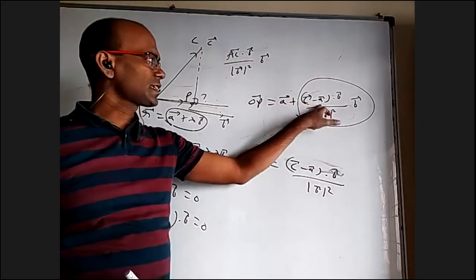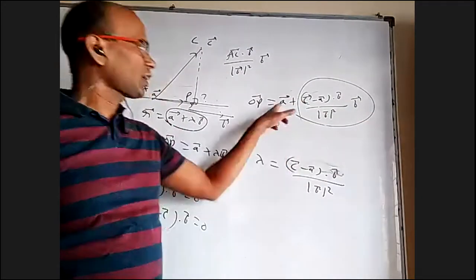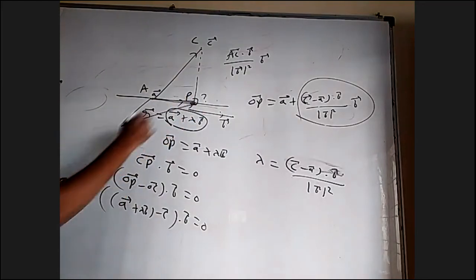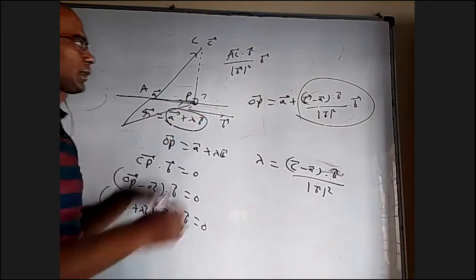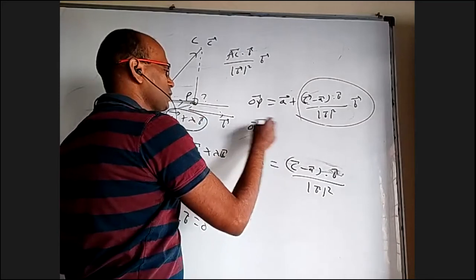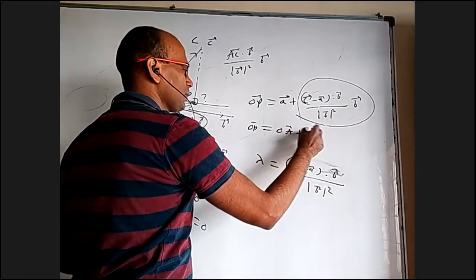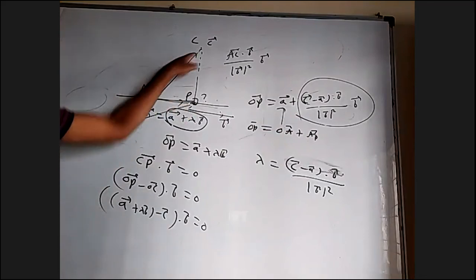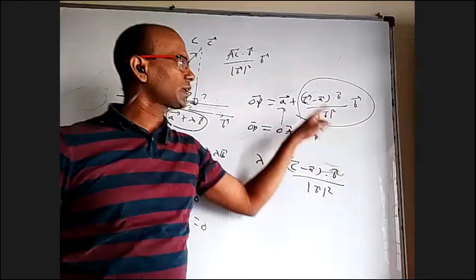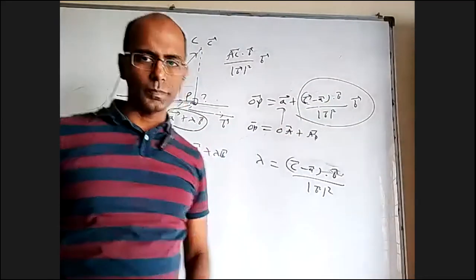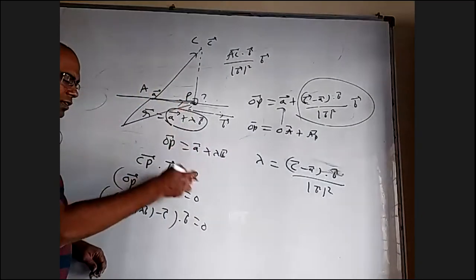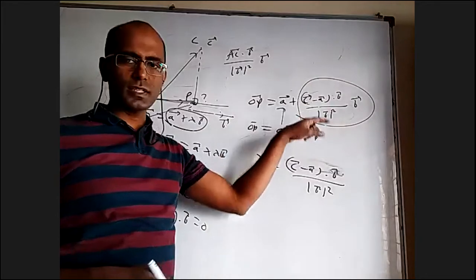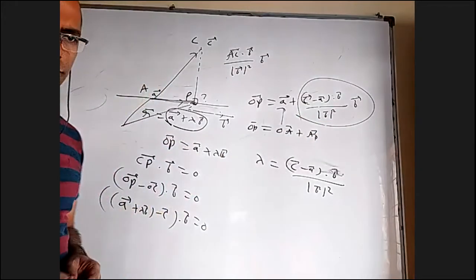Yes, sir. This is AC dot B by mod B square into B. For that, you have to add A because you want the position vector of this. If you want OP bar, you have to take OA bar plus AP bar. So OP bar is equal to OA bar plus AP bar. OA bar is A bar. AP bar is nothing but the component of AC along B bar, and this is the formula for that. AC dot B by mod B bar square into B. So either we took this in terms of lambda, applied dot product, found lambda, kept it back, or we can directly say this based on the projection or component. Is it okay?